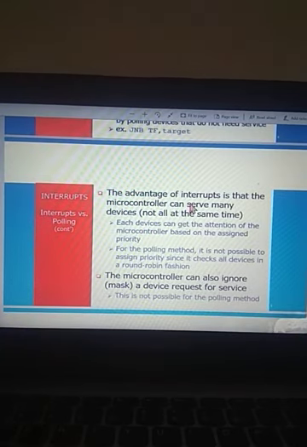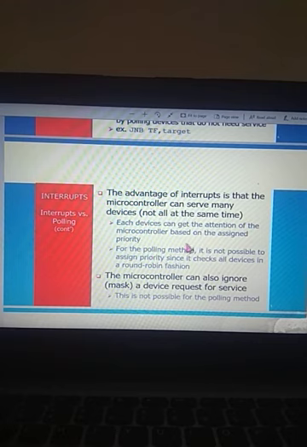So the advantage of interrupt is that the microcontroller can serve many devices, not all at the same time, but based on the priority. Each device can get the attention of the microcontroller based on the assigned priority. That we will see very soon. How to give attention to a low priority interrupt over a high priority one, that also we are going to discuss. For the polling method, it is not possible to assign priority since it checks all devices in a round robin fashion, that means in a cyclic way.